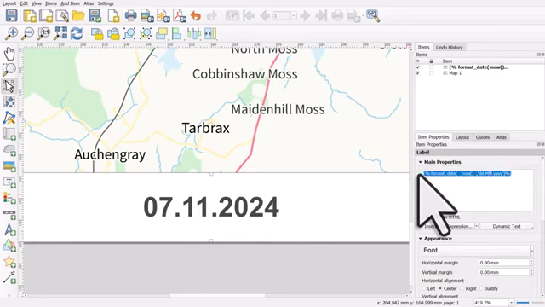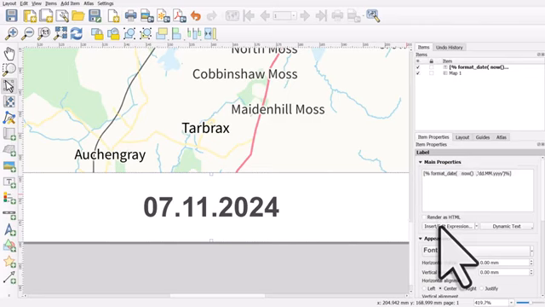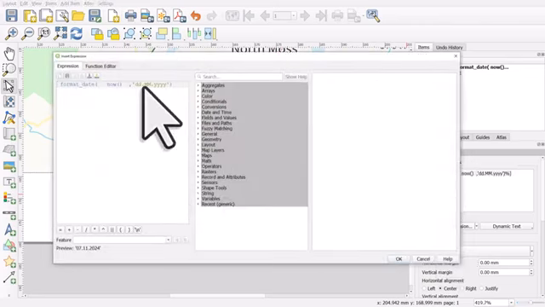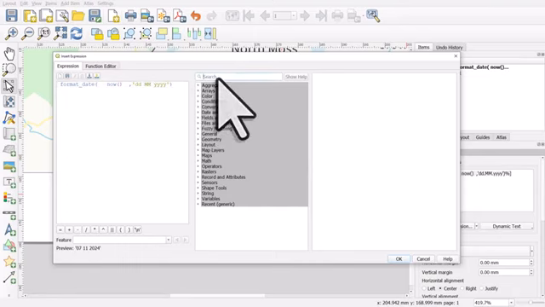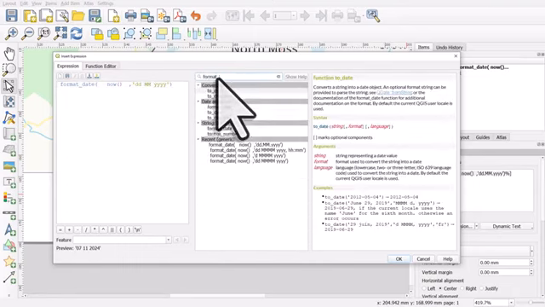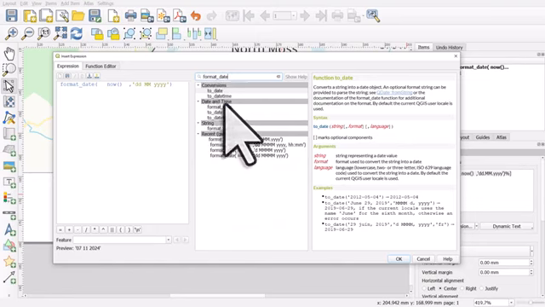So let's go back to the properties, highlight the text, click Insert or Edit Expression. You don't need to put a dot between them. You don't need to put anything between them. It'll still work, but you can put a dash. But most people might want to have a space. So I've put a space between them. But let's go back to the middle search box and type in Format Date and then select it